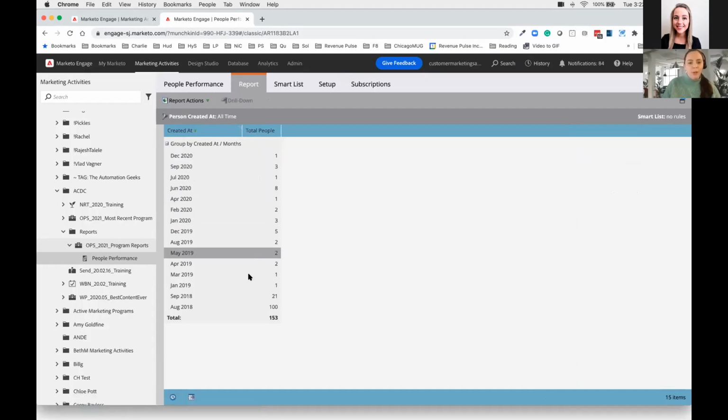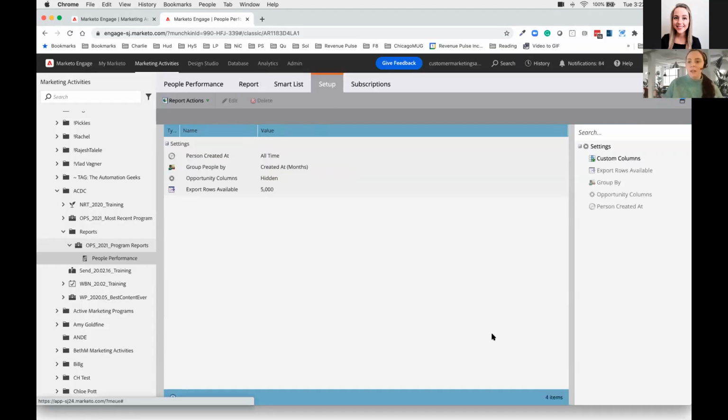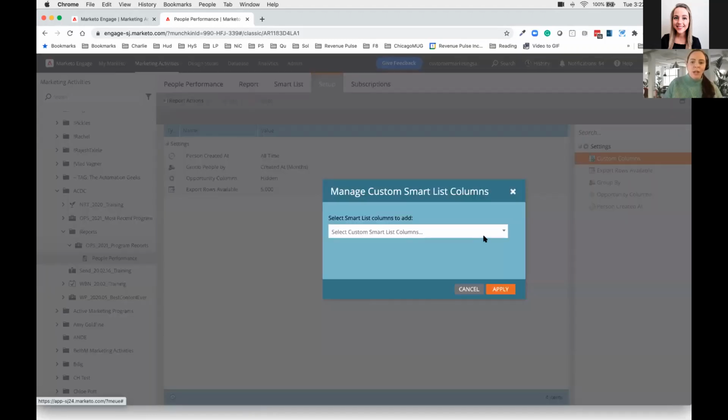I will say when we look at this, this is a sandbox, so the numbers here are really low. That's not necessarily going to show a plethora of really interesting, exciting data, but it is going to allow us to have a general understanding of how we can look at the data and think about it. So the first example that I'm going to give you here is dragging over custom columns.